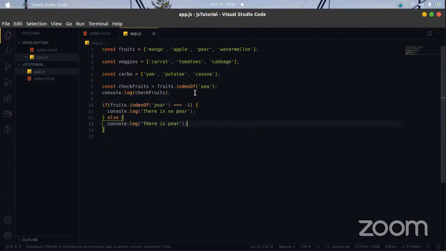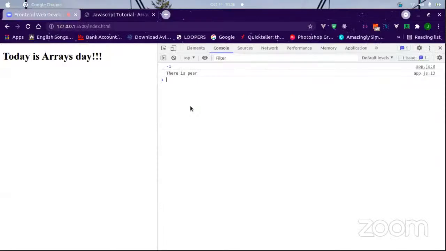If we save this and check, the answer we are going to get is "there is pear," because the indexOf pear is not going to return -1, it is going to return 2. So let's see what we have. We see you get "there is pear."